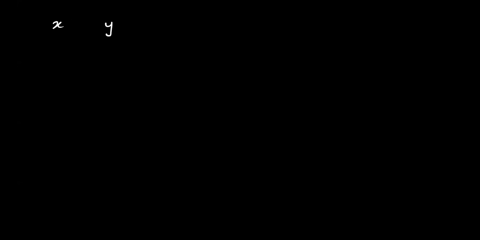But how is the change happening? When I'm increasing x, y is also increasing. When I'm decreasing x, y is also decreasing. So when both are increasing or both are decreasing together, we cannot say they are equal because the values need not be equal, but we can say they are proportional. Proportional means this simple. Okay.